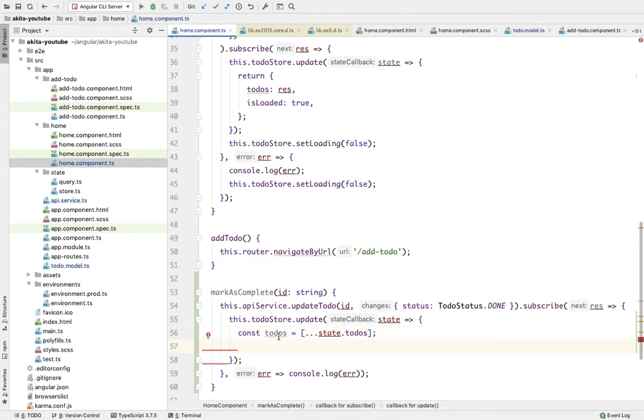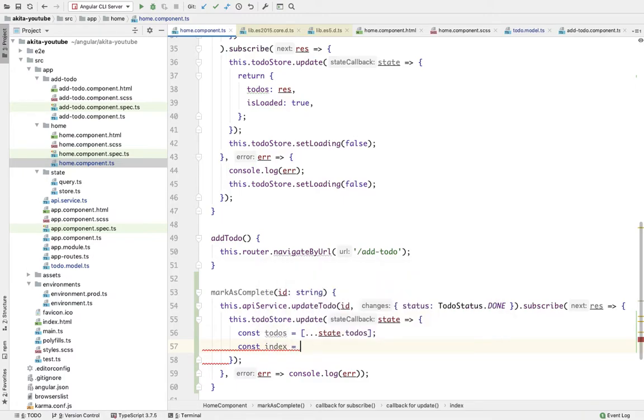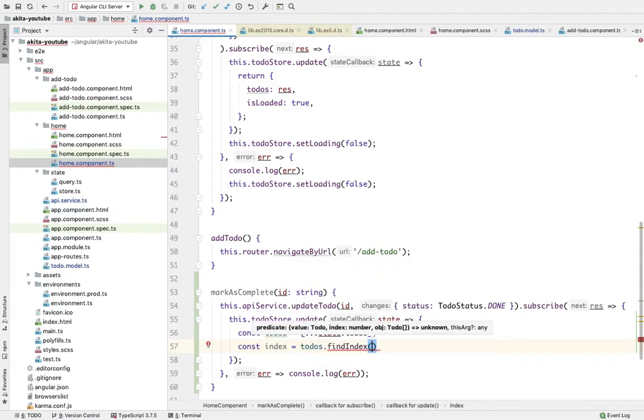Now we are going to find the index of that to-do. So const index is equal to todos.findIndex, and we are going to pass a predicate here. So if t._id equals this id, it will return the index.